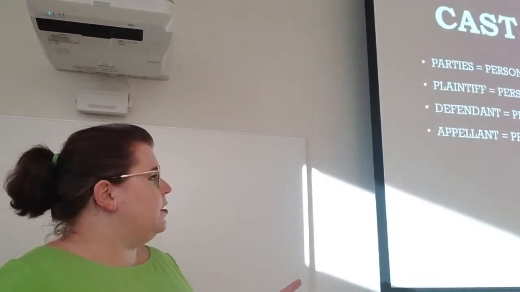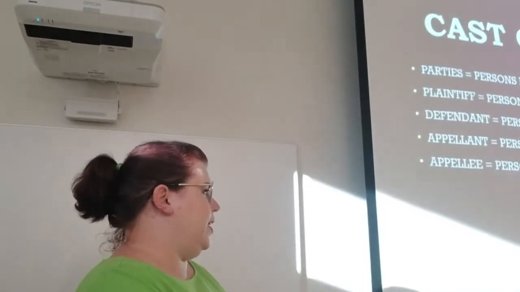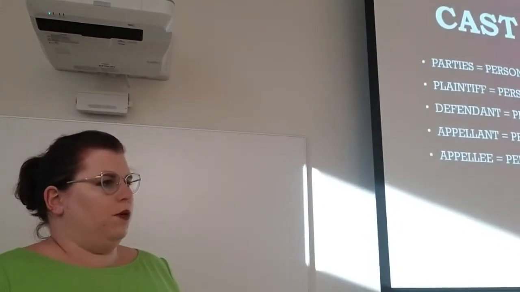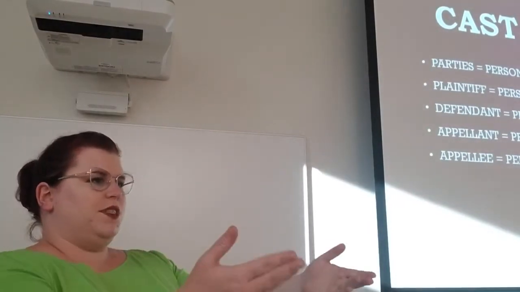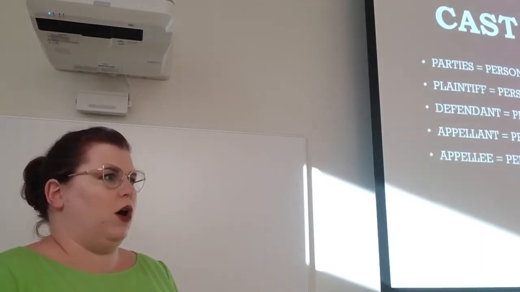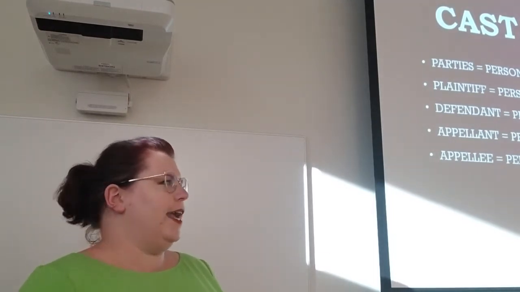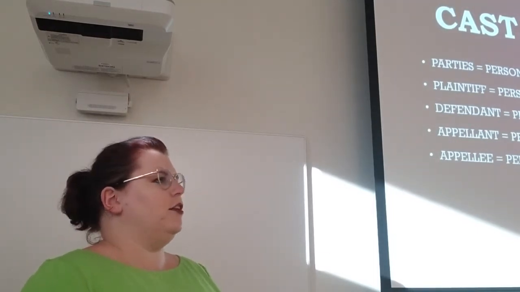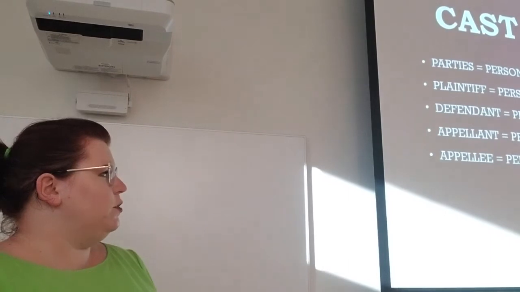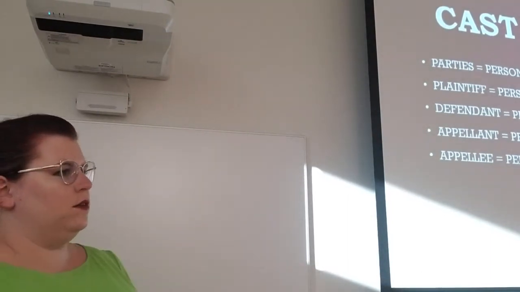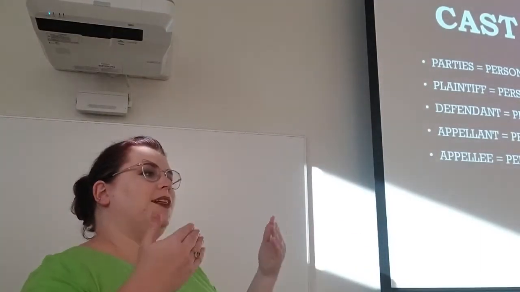Now, an appellant is someone who's appealing the decision. And an appellee is a person against whom the appeal is filed. So, for example, I'm the plaintiff. You're the defendant. I'm suing you because you ran over my dog. Now, we go through the lawsuit. I win my suit. You decide, hey, I'm going to appeal this decision. I think the judge violated a rule of law. I'm taking it up the next level. You would be, which one? Yeah, you'd be the appellant. I, the plaintiff, would then become the appellee.